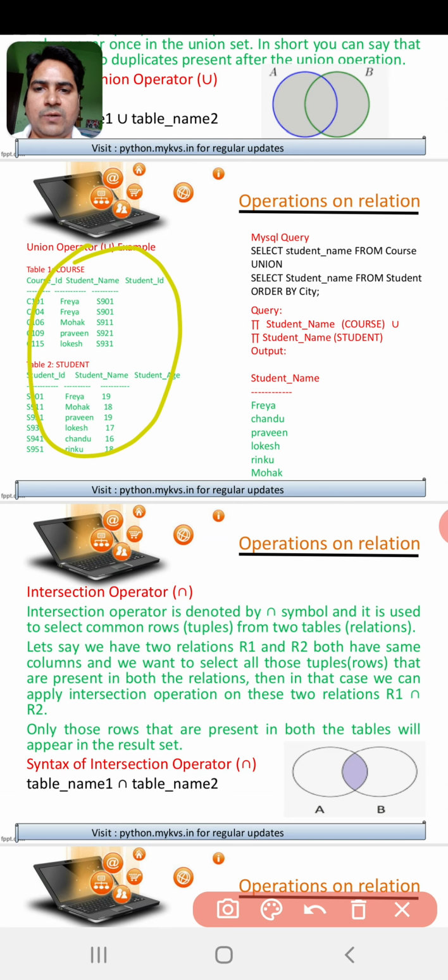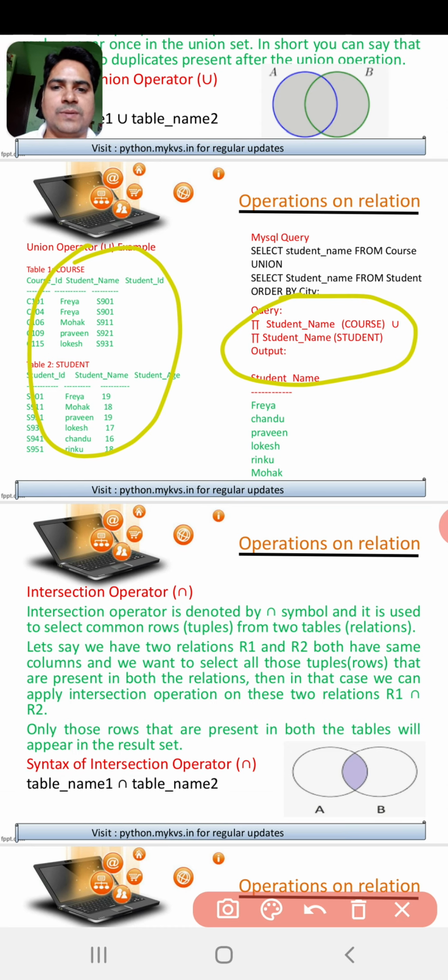Course table has 3 columns: course ID, student name, student ID. And student table has student ID, student name, and student age. One column is common. So while taking the union, this column is projected. Column name is selected through pi. So here you can see query in the form of relational algebra. Pi student name is a column, and from table course union,